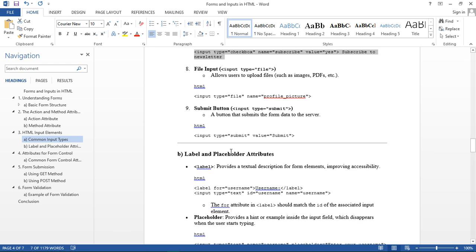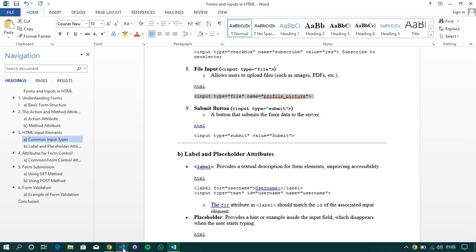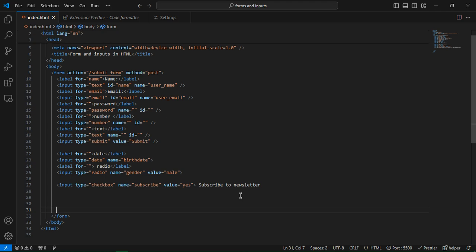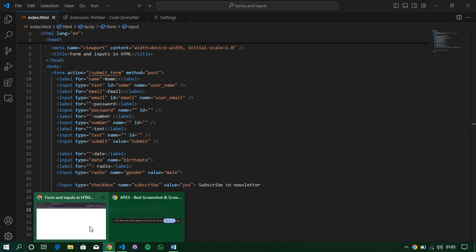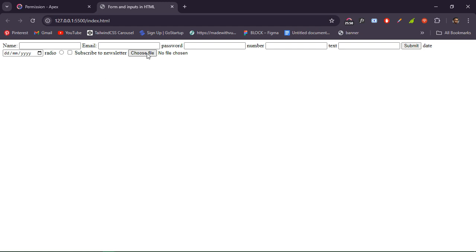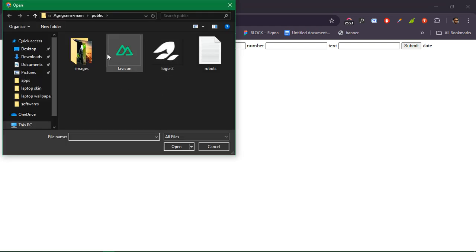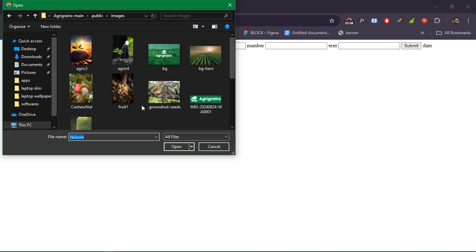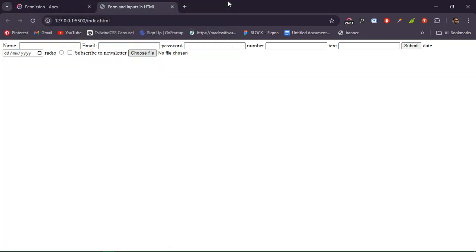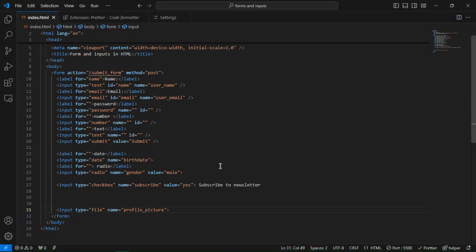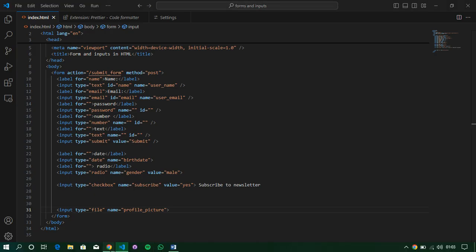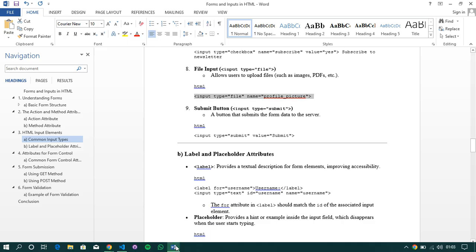Another one here is the one for file. This file input allows you to put documents, pictures, your folder, any type of file. And there's a way you can set it to select only some types of file too. Those are advanced sections of this page that can be done with JavaScript too. So the next one here is